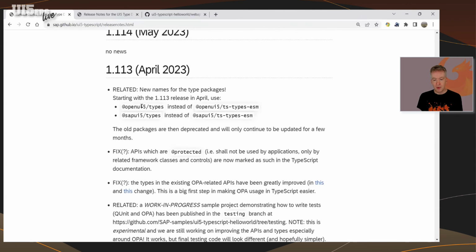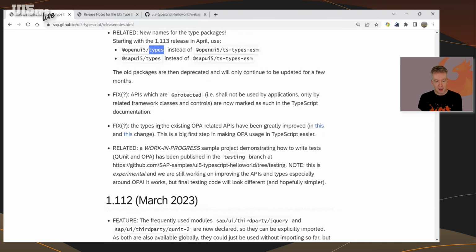Earlier news in April were, for example, that we have finally renamed the ES module version of the types, which should be the default version you use in the future. So we have sort of deprecated the types for the globals. You should not use them anymore. And now we are paying tribute to this decision by making the ES module version of the types the types, nothing else. No TS types ESM, but it's going to be types. So we will maintain and release the TS types ESM version for a couple of months over the summer or so, but then we will stop publishing new versions for that. It's identical, it's just a name change. They have a really clean name.